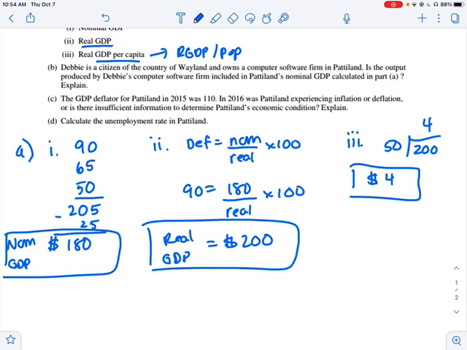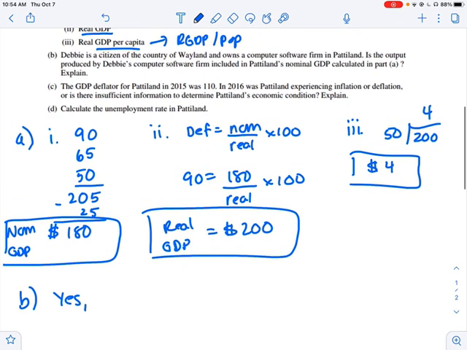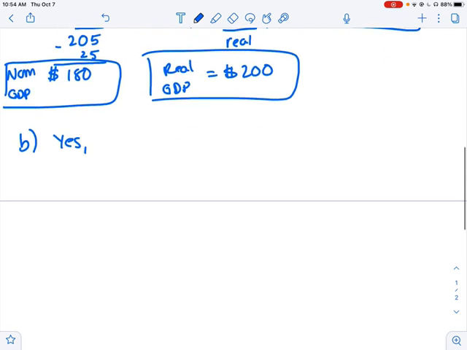Debbie is a citizen of the country of Wayland and owns a computer software firm in Pattiland. Is the output produced by Debbie's computer software firm included in Pattiland's nominal GDP calculated in part A? Explain. The answer is yes. As long as the firm is located in a country, it's going to be included in that country's GDP. It doesn't matter that a foreign individual, Debbie, lives in Wayland and comes into Pattiland to do that work, or maybe she doesn't come in every day, but maybe she just owns it. Okay, so it's going to be included in the Pattiland because